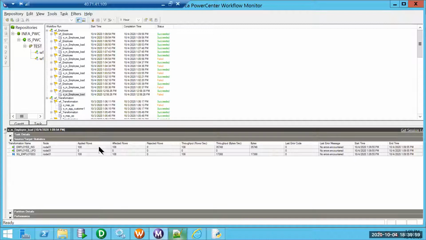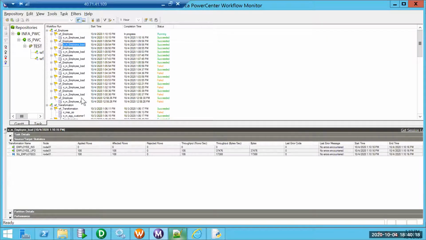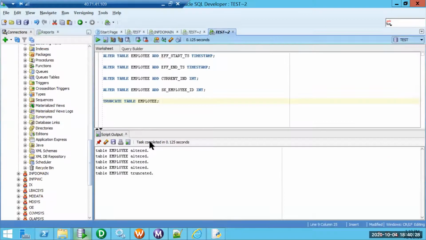Okay. Yeah, perfect. Now 108 records. So when we are running for the first time, there will be 108 records which are going to be inserts because they did not exist in target. So now let's try to run it again. So now no change, so it will go for update. Let us try to do some changes to the target itself and see what actually happens.